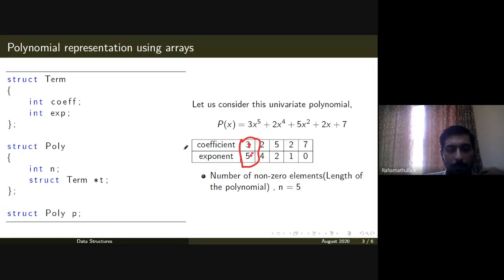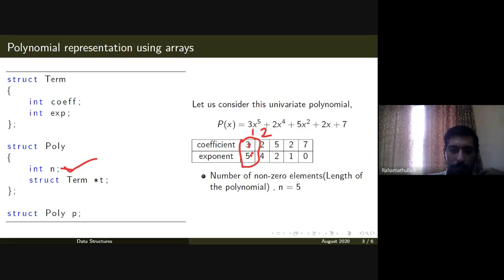Then in our program, we'll represent a polynomial by the total number of non-zero elements, int n, and a pointer to a term. What I'm trying to do is create a number of terms in the dynamic memory, or the heap part of the memory. Like this will be term 1, this will be term 2, and so on.